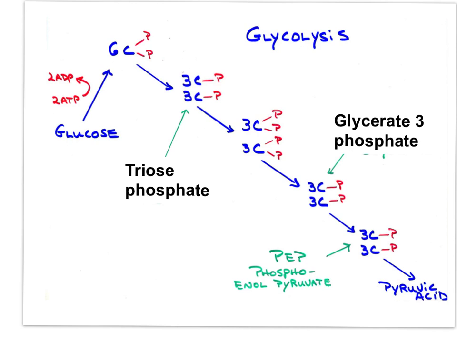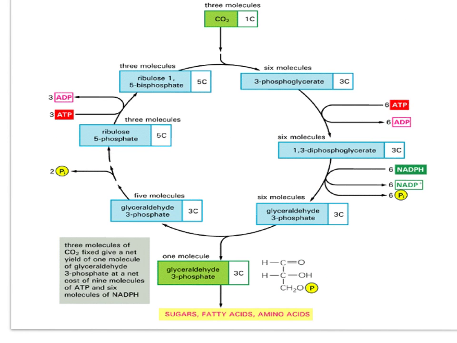One of the fates of triose phosphate from the Calvin cycle, other than regenerating RuBP or being synthesized into large organic molecules like glucose, would be to enter glycolysis in cell respiration processes right here. Glycolysis in the cytoplasm, you should remember, has the very same intermediates as the Calvin cycle. Isn't that interesting? So again, if you want to study the Calvin cycle in more detail, here is a professionally